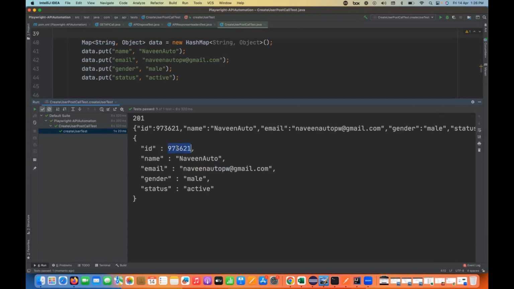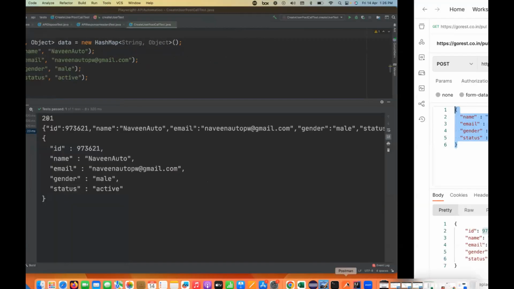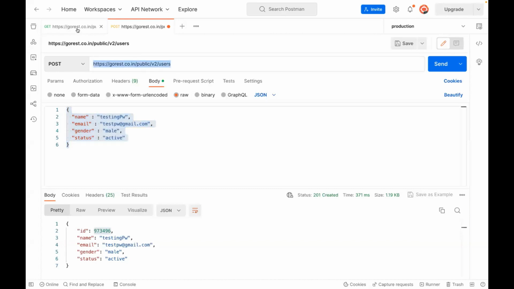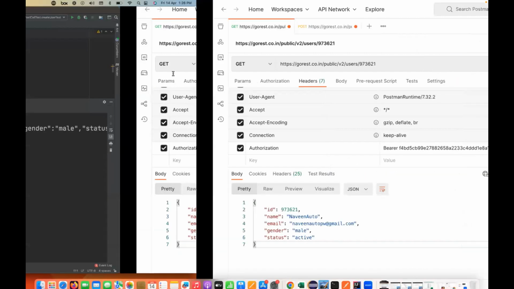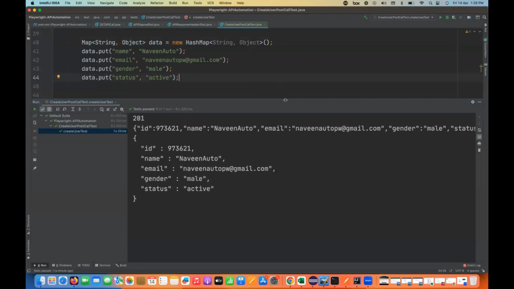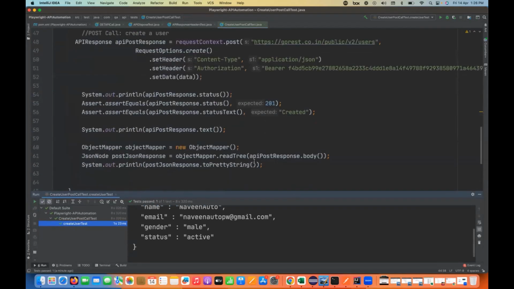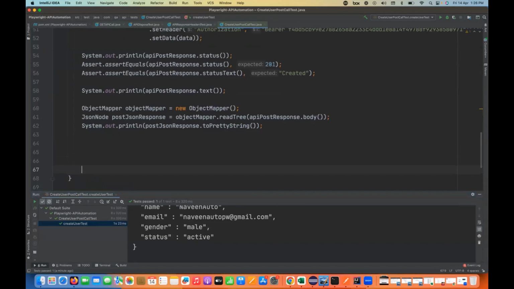Now I'll do one thing manually. I'll check this data is really there or not. I'll go back in Postman and check with the GET call that the data is there with this particular ID. I'll just paste the ID and send the request and get the response. Yeah, exactly the same data. In Postman also we are getting it. Hence proof that, yeah, manually we have tested, it's fine. But I wanted to do it with